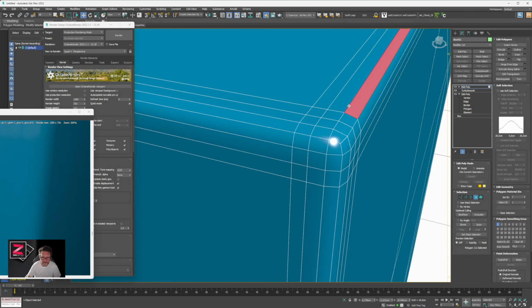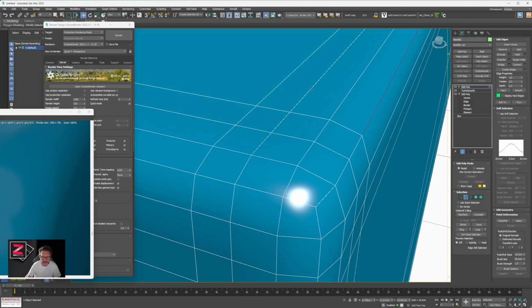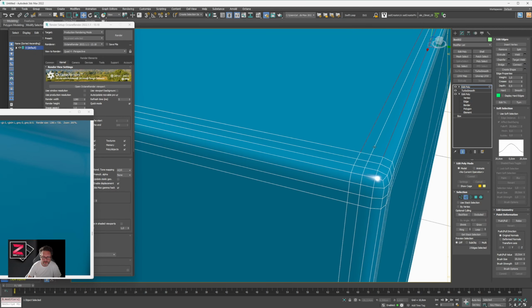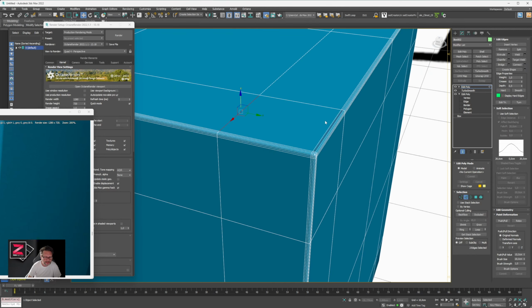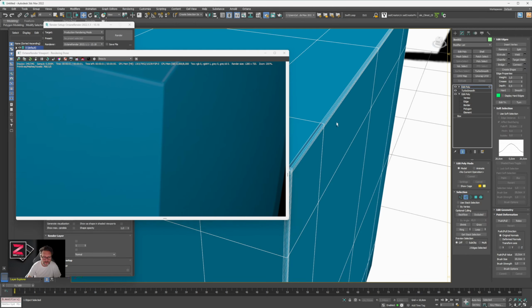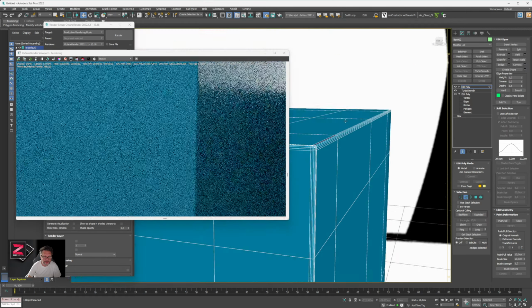So now the Phong smoothing is going to happen between this line and this line. It's going to be rounded here, and when the Phong is applied from this line to this line, it's a smaller distance. And when the Phong is applied from this line to the other line over there, even if the distance is great, this is no issue because they are on the same plane. So back to the render now, you can see the result. It's just a perfect rounding